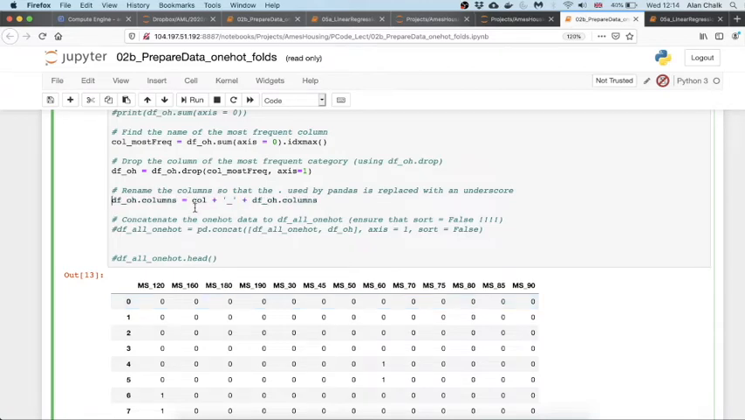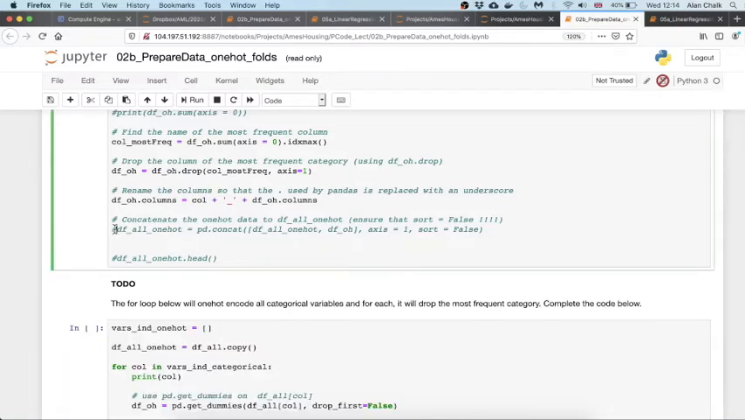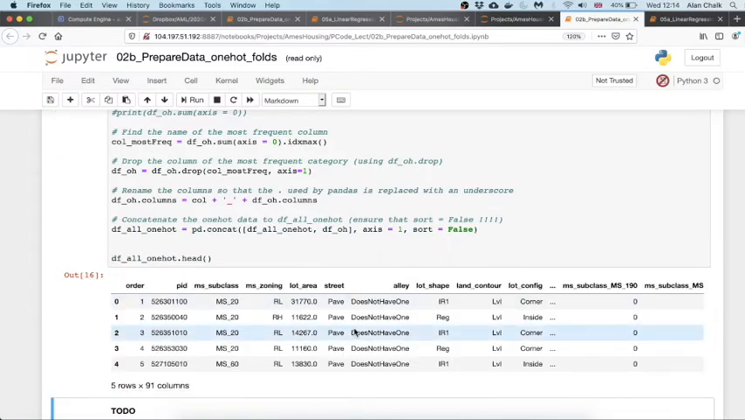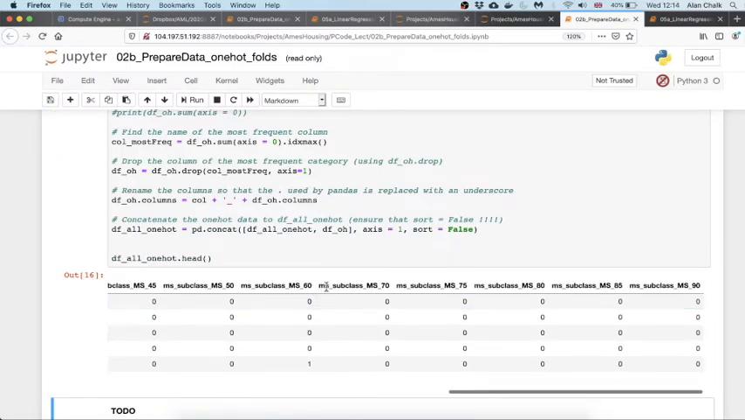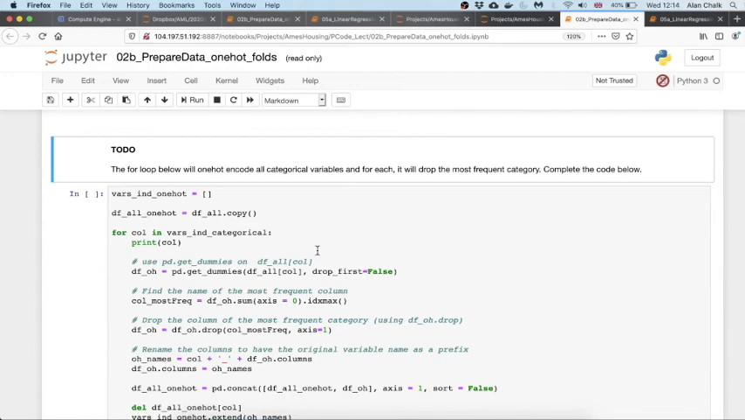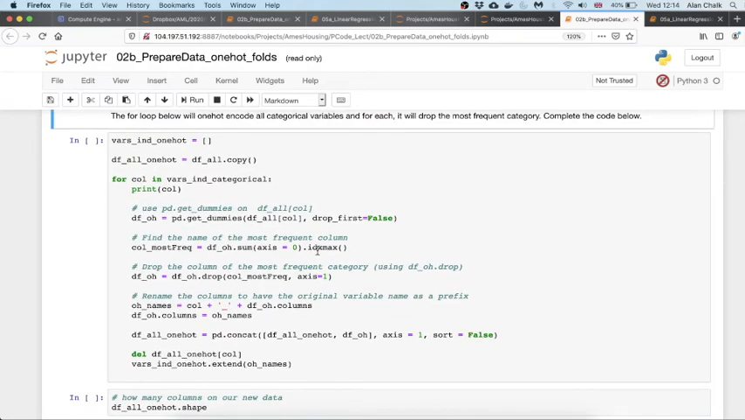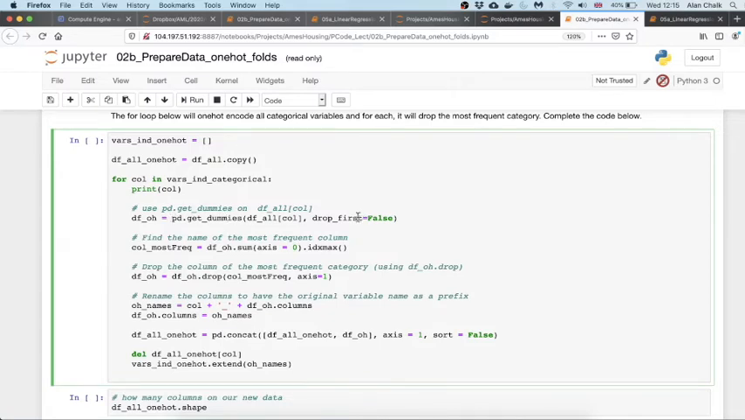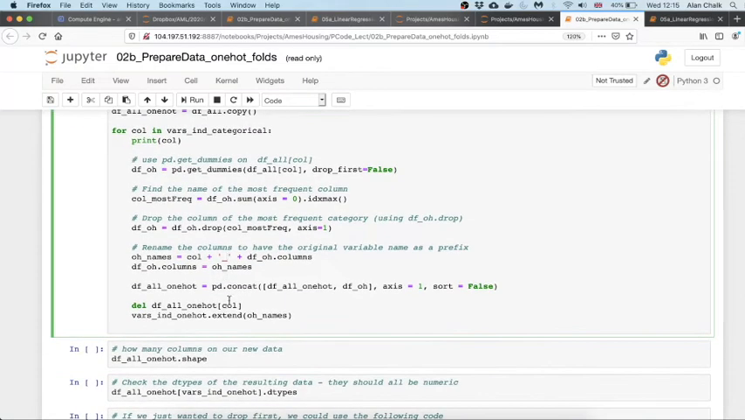Change the column names so that we have the original column name as a prefix with an underscore, and finally concatenate everything. If we do look at the head of this, we now see that at the end you have all the ms subclasses. All we need to do therefore, now that we've prepared this, is a little loop which does everything. In this data set, in this notebook, which I'm using just to re-record this last bit, everything is filled in, but you would have had to literally just cut and paste from above. Number 1, get the dummies, don't drop the first. Next, find the most frequent column, then drop the most frequent column, change the column names, concatenate the data, and